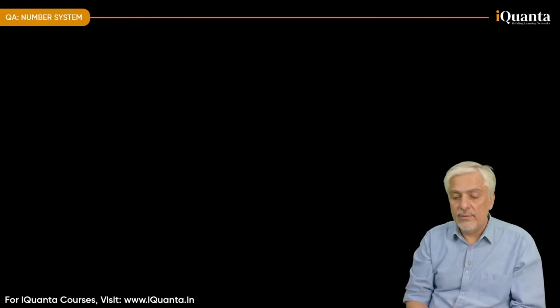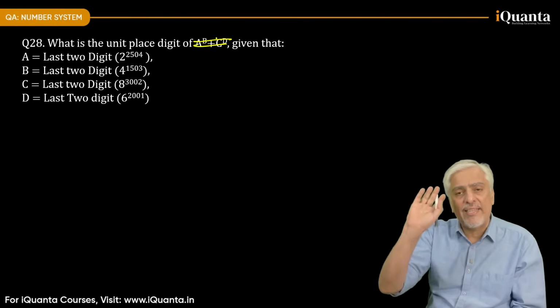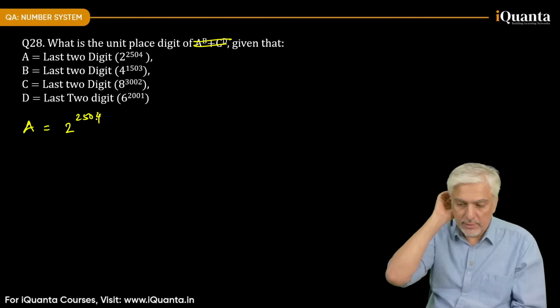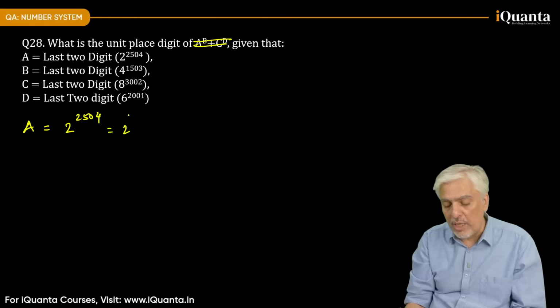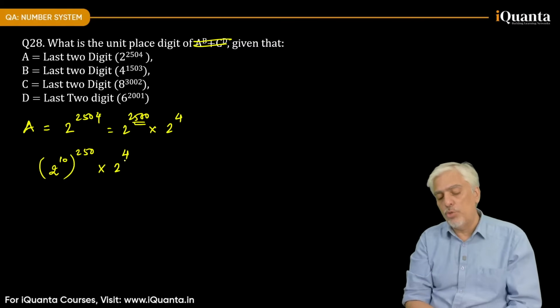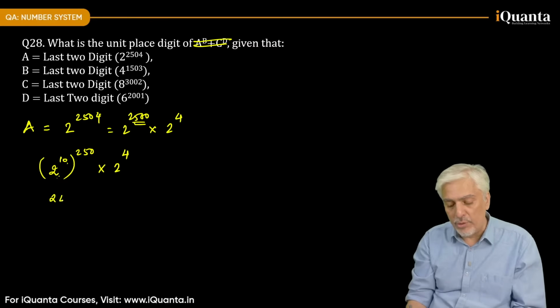Let's try this one। सबको अलग अलग करते हैं, ABCD फाइंड करते हैं, ये वाला पार्ट भूल जाओ अभी, वो बाद में देखेंगे। पहले लेट्स फाइंड A। A is 2 raised to 2504। So I will write it as 2500 multiply by 2 raised to 4, because multiple of 10 लिखना है। तो 2 raised to 10 raised to 250 multiply by 2 raised to 4। 2 raised to 10 is 1024, so it will end in 24। 24 raised to even will end in 76।